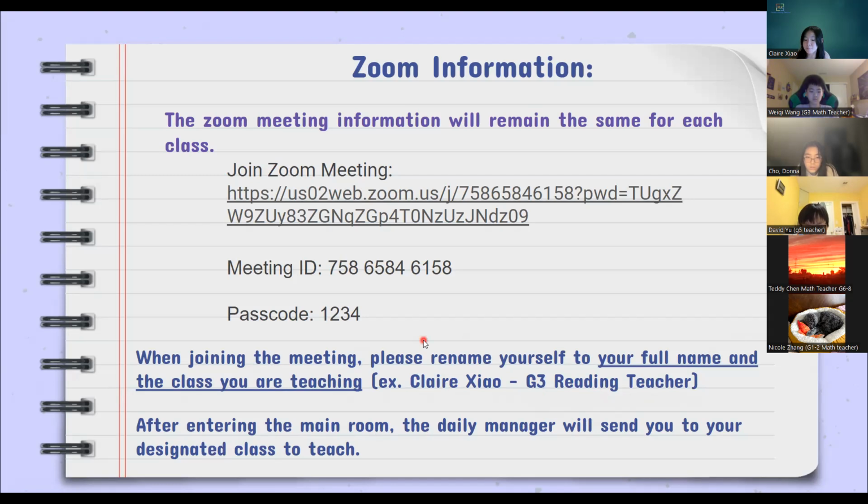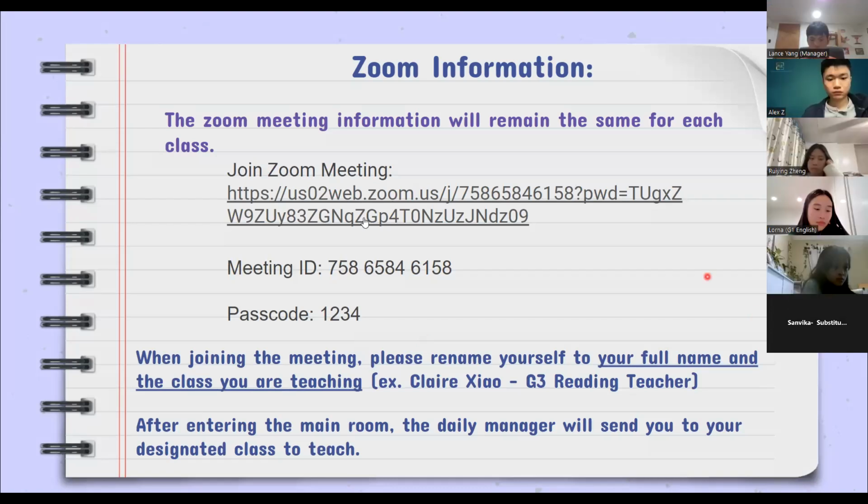It allows you to unmute your students. You can mute them. You can ask them to turn on their video. You can do a lot of things with it. So make sure you have access to that before you join your breakout room. Okay, and does anyone have any questions about the Zoom? Okay,